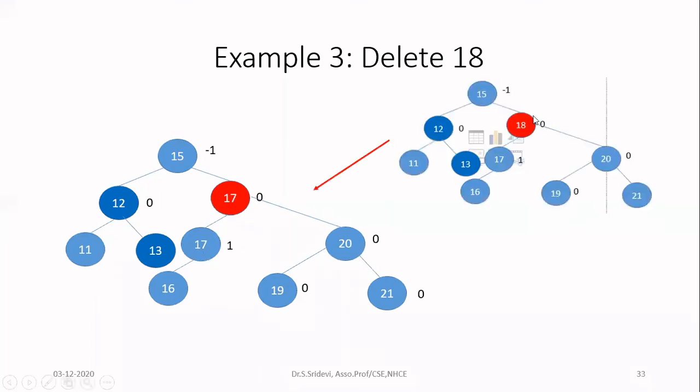So 18 is now replaced with 17. So we have 17 two times now. It means that you have automatically deleted 18 because you have replaced it. Next, this 17 is extra for us now because that is copied here. You have to remove this 17. Now you check which case is this. You are removing a node 17 which is having one child. So it is deleting a node with one child.